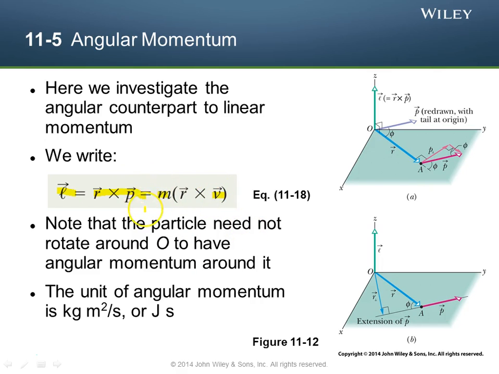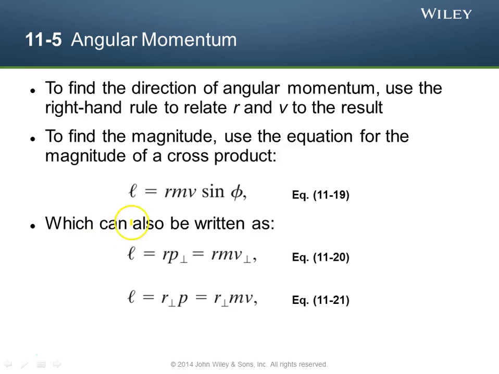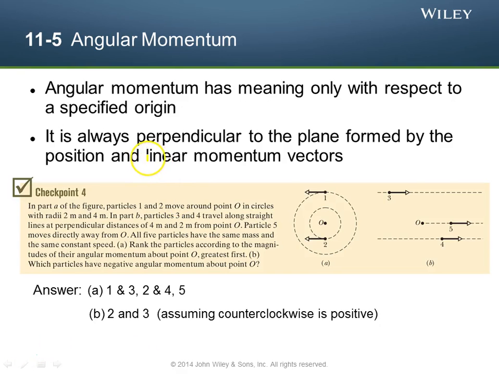So really what we're doing here is taking m times the cross product of the position vector with the velocity vector. Just like with any cross product, we use the right-hand rule to determine the direction, and we can simplify if we have the angle between the position vector and the velocity vector. If we have that angle phi, then we can just take rmv sine phi. Or if we have the perpendicular components, we can multiply those as well. Because of the right-hand rule, the angular momentum is always perpendicular to the plane formed by the position